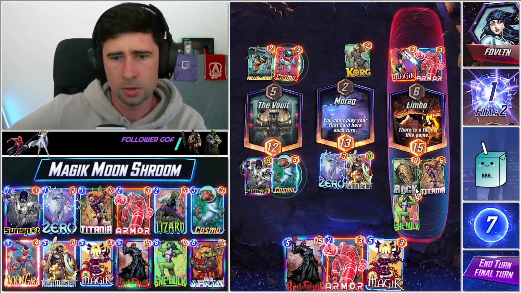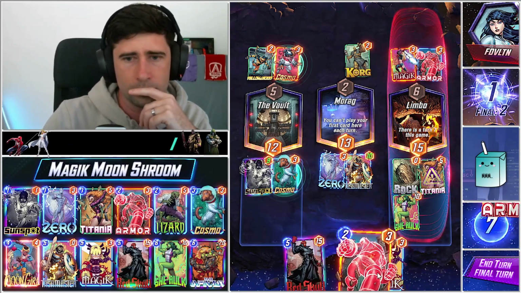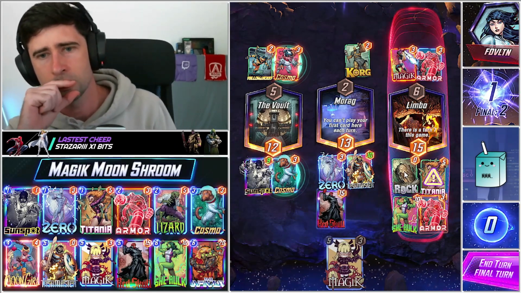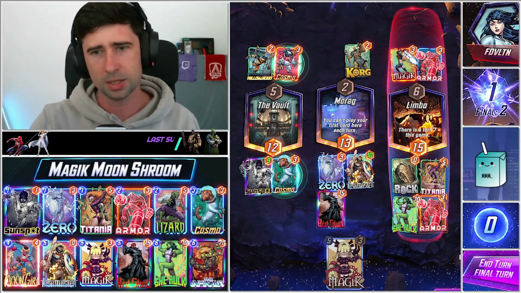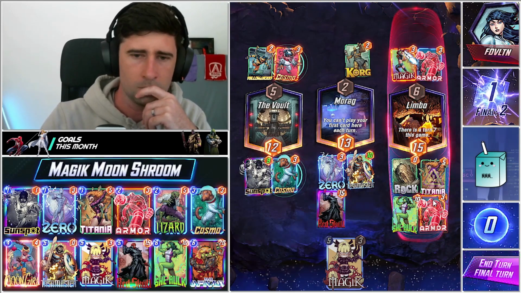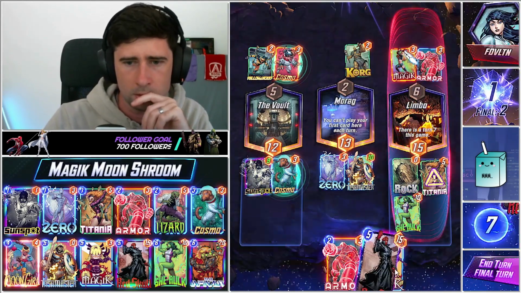Now, we're winning all 3 lanes, so that's a big thing for us. Gotta think he wins middle, maybe. Maybe we do this. If he has the ability to play all 3 lanes, like, good on him. Is it better to play Limbo here? Or is it better to play... So I think we do...